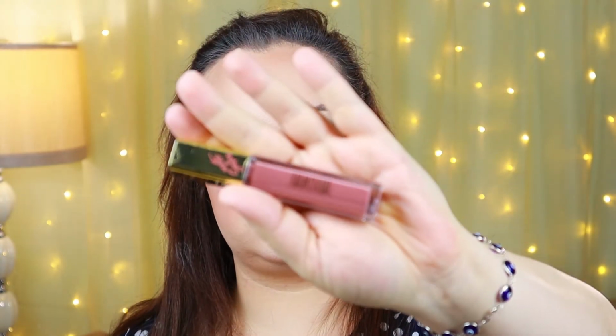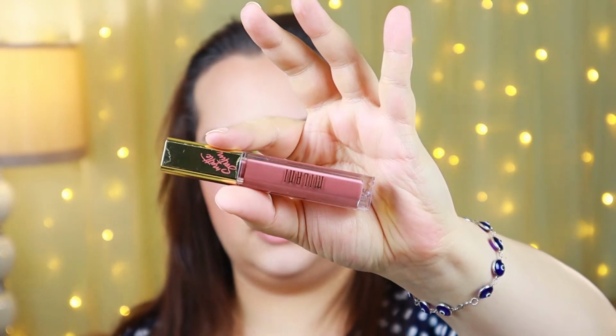Okay, next up, lips. So I have 3 lipsticks to choose from. I have one formula I have already used. It's the Color Statement lipstick in shade 61, which is Matte Naked. So this is going to be more of a nude color. And then I have 2 Amore Satin Matte lip creams. One in 07 Classic, which is this guy here, which is a little bit more of a mauve-y color. And then the other one is in 09 Velvet, which is a little bit more of a terracotta color. I think with this look, I'm gonna lean towards this mauve-y color because it's gonna be a little